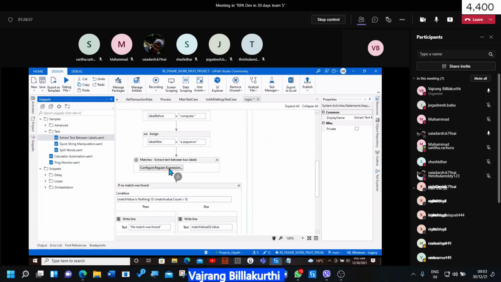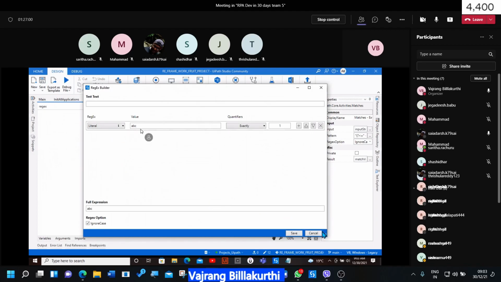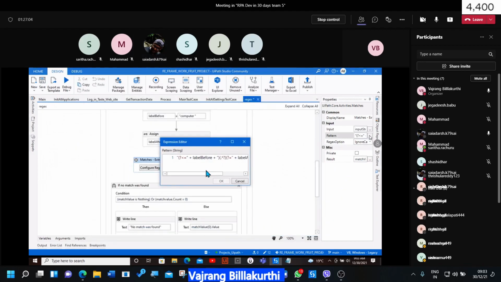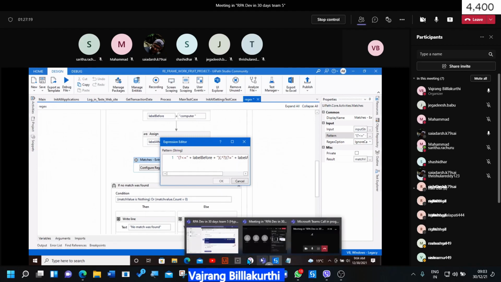Configure regular expression. Yep, here it is. Question mark, less than or equal to label. Let's add a question mark and see.